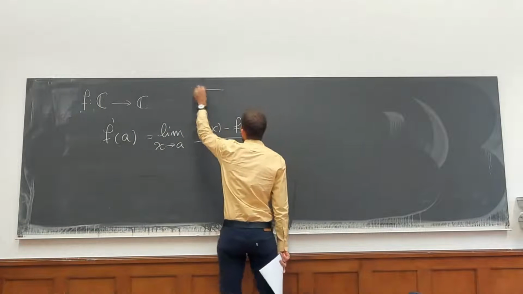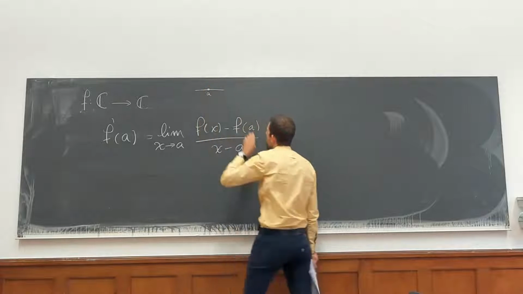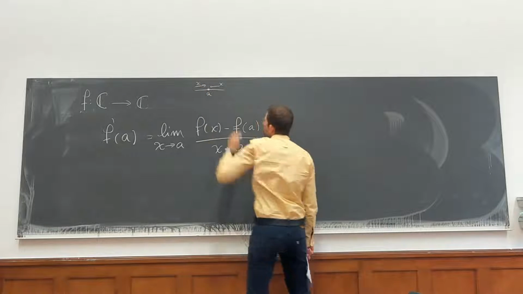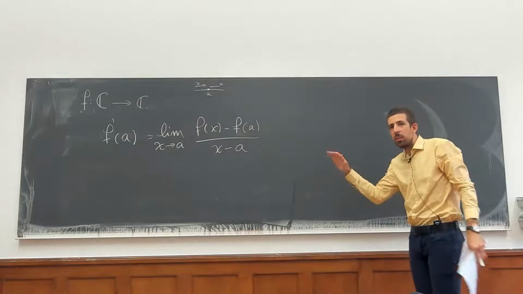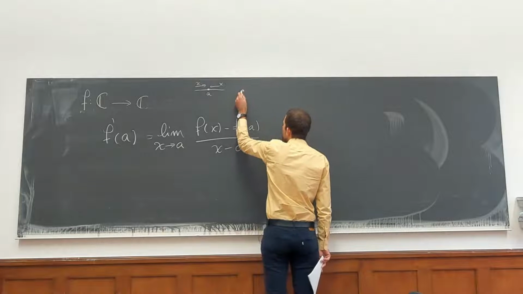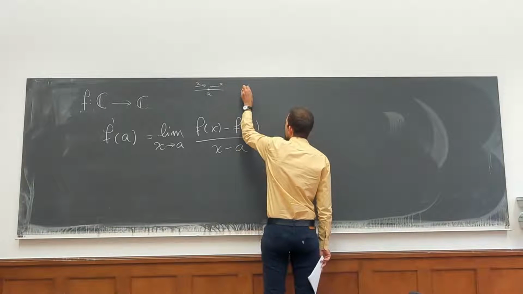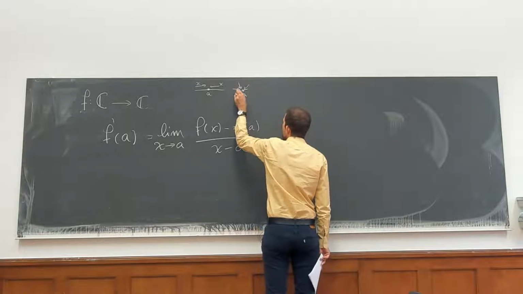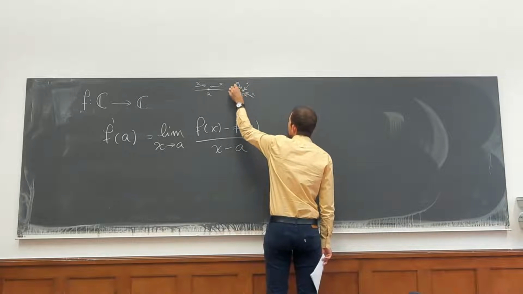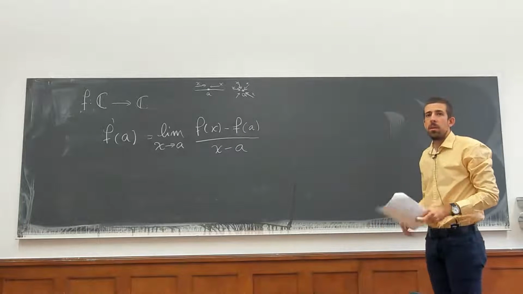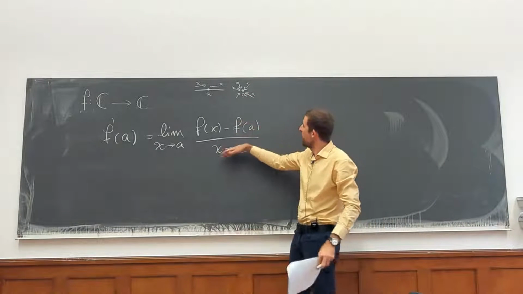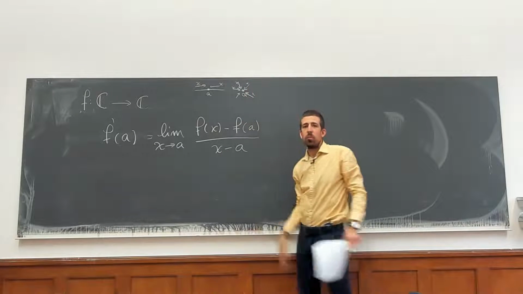Well, over the reals, x can only come either from this end or this end, and we can even talk about the limit from one side, limit from the other. Over the complex numbers, really what makes everything so different is that x can approach from anywhere. And the limit needs to be consistent regardless of where x is approaching. Because you're dividing by the number x minus a, you're dividing by the vector of where you're approaching by.